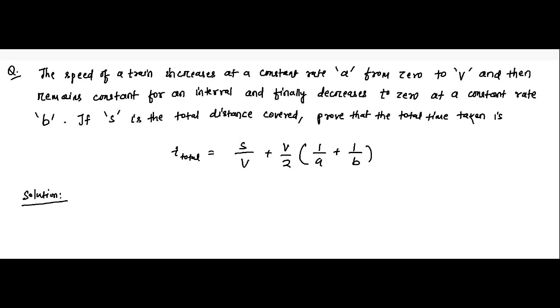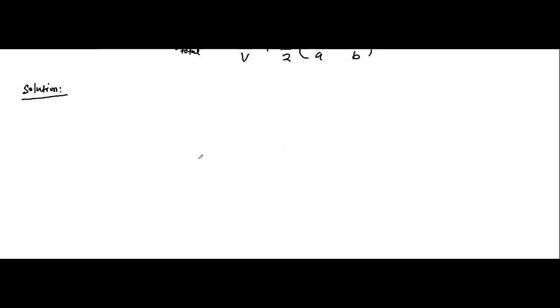So here we'll be using the velocity-time graph or speed-time graph for analysis. So let us first draw the speed axis, the y-axis we'll be using, then the time axis. Okay, this is the speed or velocity, whatever you call it, and this is the time. So it is given that this